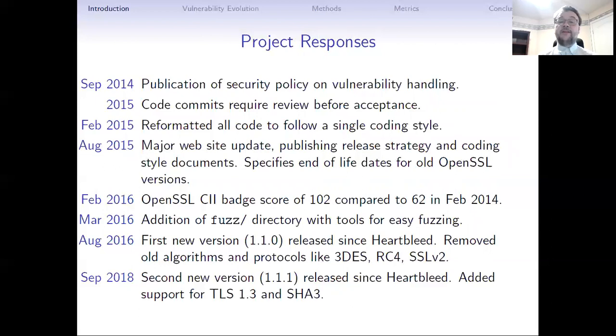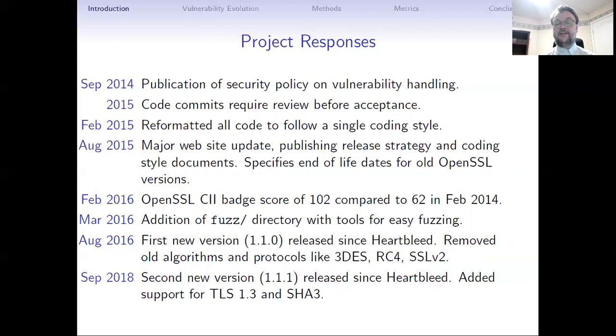In 2016, the project reassessed itself using the Core Infrastructure Initiative's badge and scored a passing score of 102 compared to its 62 as of the time of Heartbleed. They started fuzz testing and performing static analysis on a regular basis. And they released their first new major version, 1.1.0. This removed a lot of old code and is actually the only major release of OpenSSL that was smaller than